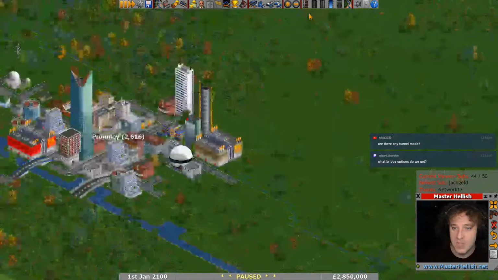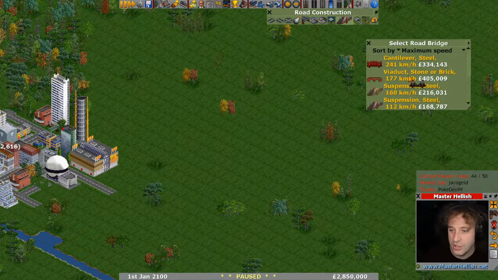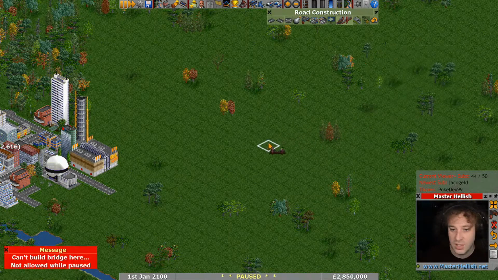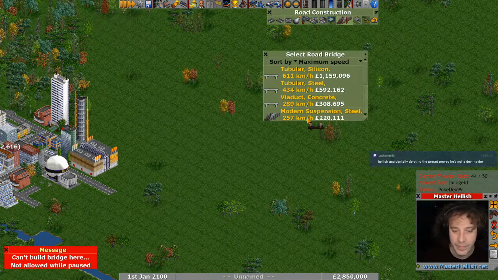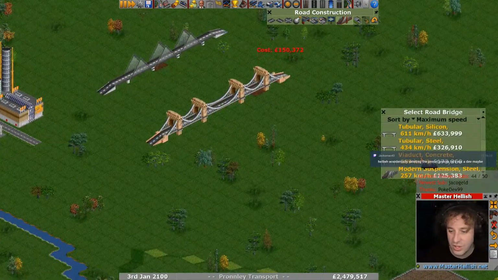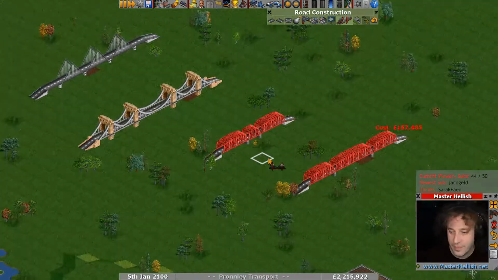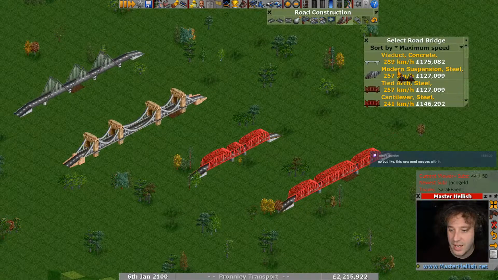What bridge options do we get? Did you miss that last time, Brandon? So when we're doing quite a long bridge, you get suspension, like before. That's a modern suspension. That's an older suspension. Then you get the truss bridges. Then later on you get...